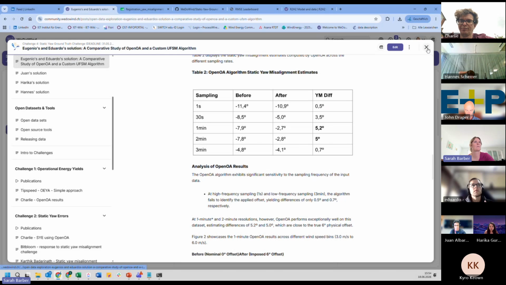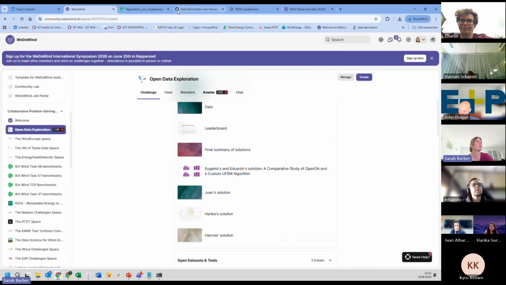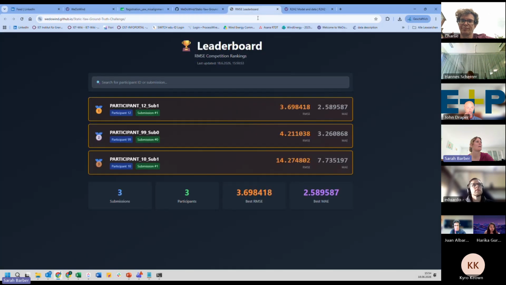It doesn't really matter because it's not a competition, but we made this leaderboard. At the moment we've got two results on it. 99 is just our placeholder, but I think 10 and 12 are Hannes and Harika, and it calculates the error between whatever you submitted and the actual value.